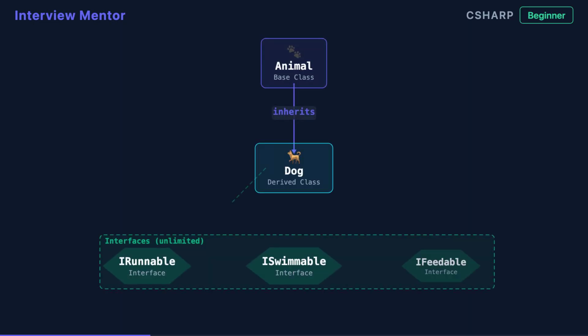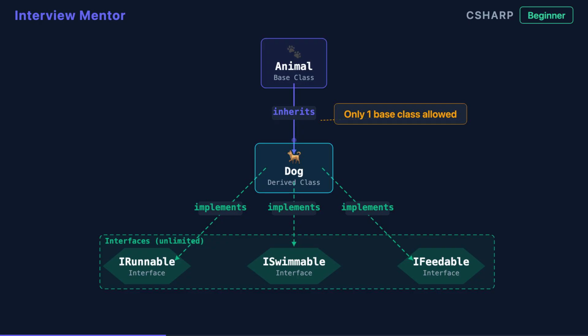One key constraint. C# only allows single class inheritance. You cannot list two base classes. But a class can implement as many interfaces as it needs, giving you the flexibility of multiple contracts without the